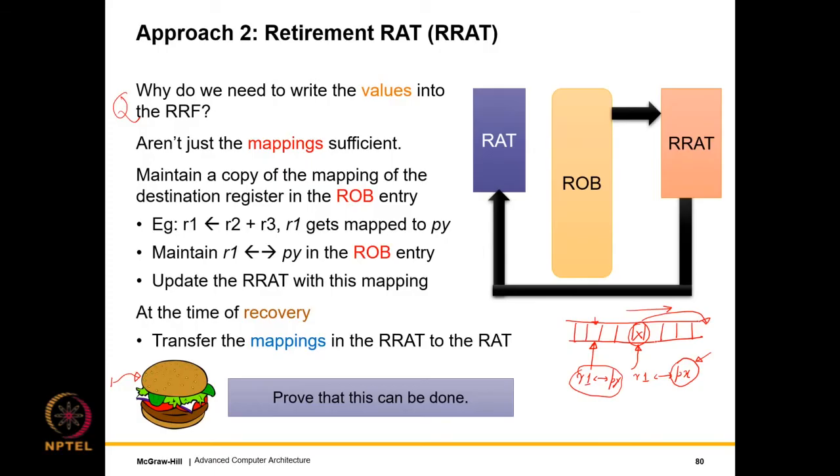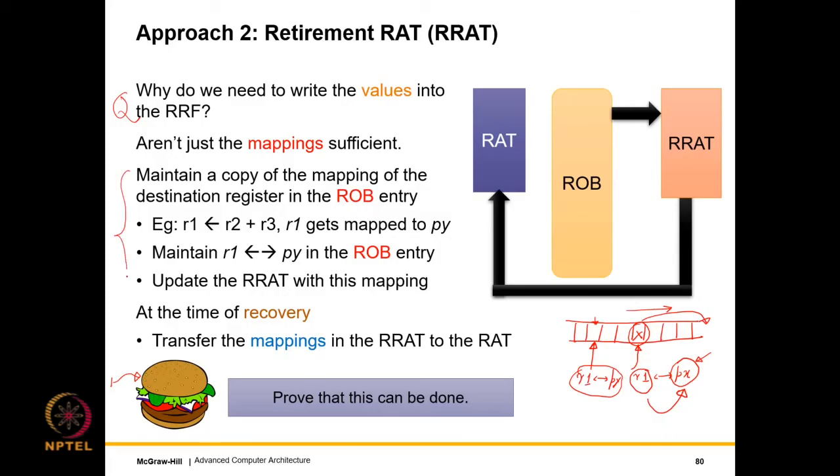I'll tell you in a second how we will realize that. And then we will also realize that this is the latest value of R1 from the point of view of when the branch was renamed. At that point the latest value was Px. So R1, even though it might have been mapped to other registers like Py, we should restore the mapping and we should again map R1 to Px. Since Px has its value intact, restoring the mapping itself is sufficient. So let us go through the text first and then I will explain this diagram.